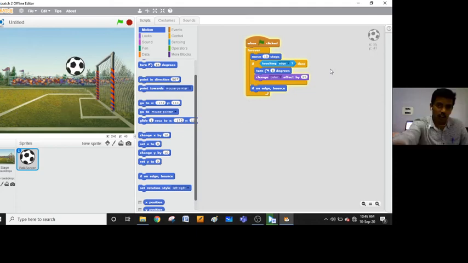So these commands, move 15 steps, will repeat until infinity times also. In other words, if this block is used, the set of commands will be executed without stopping. All the instructions whatever you are giving will keep executing, it will not stop. See, my ball is not stopping anywhere. Look, it is automatically moving. Can you see? Clear? It is also changing the color.